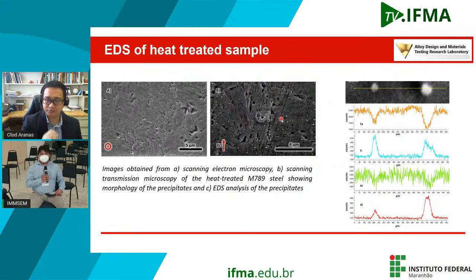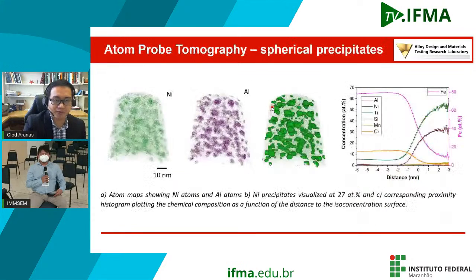E também na análise de microscopia eletrônica de varredura, a gente percebe essas partículas brancas pequenininhas aí no material que são precipitados. Yeah, we run an EDS scan on these particles, and you can see some titanium and aluminum. Ou seja, você percebe que fizemos o escaneamento sobre essas partículas brancas, você percebe que tem um alto teor de titânio e alumínio.